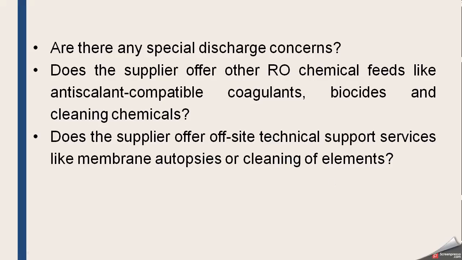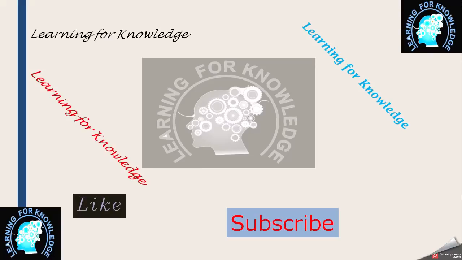So these are some important questions which one should ask the supplier, and then after getting the answers, you can decide what type of antiscalant is suitable for you. But before asking these questions, you also have some water analysis and membrane material type in your hand, so you can